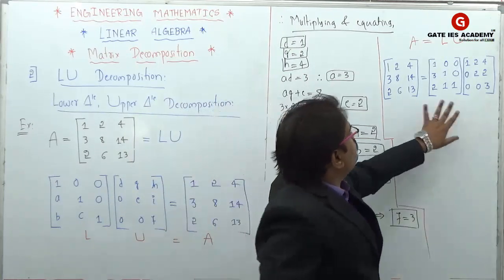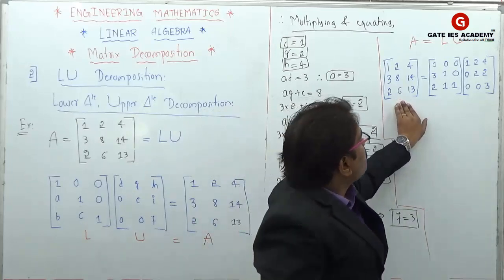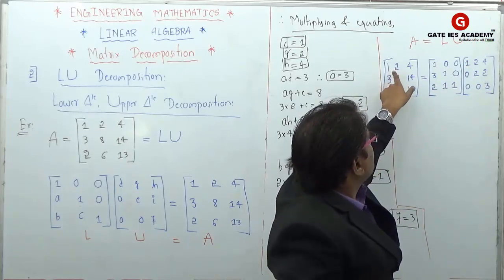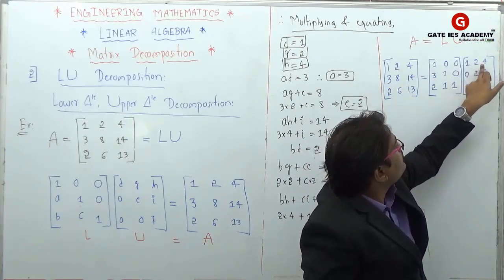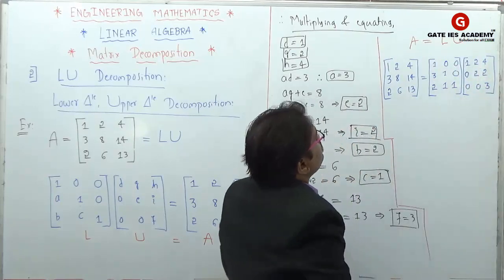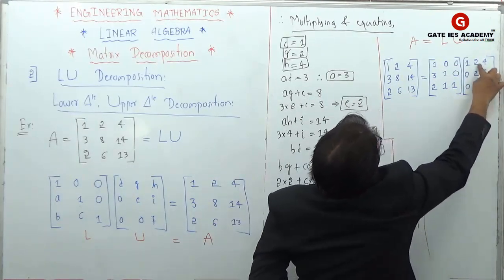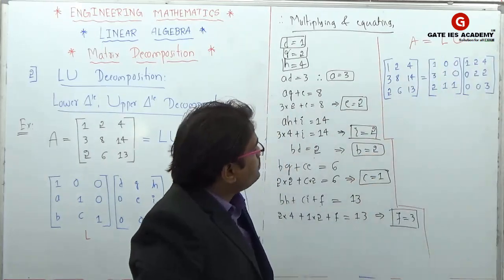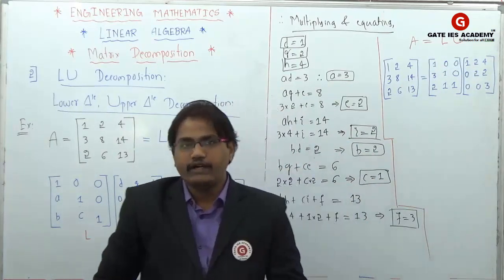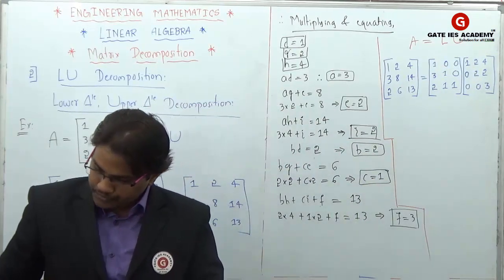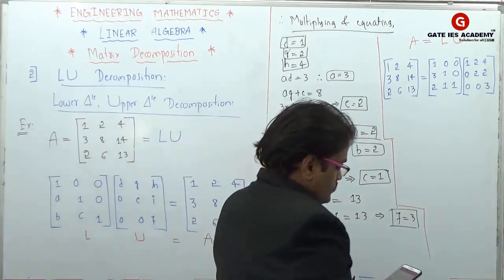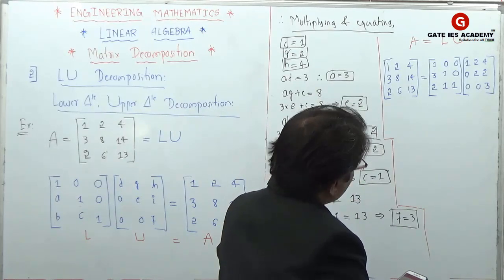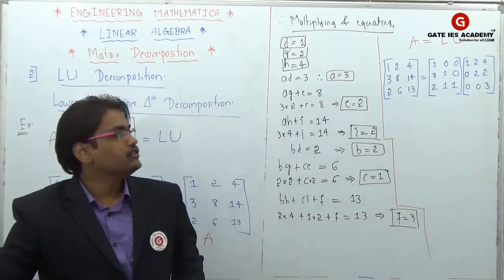Now if you multiply these two, you should get this matrix back. For example, 1, 0, 0 and 1, 0, 0 multiply, you will get 1. Then 1, 2, 4. Second row, second column, again 1, 0, 0 will give me 2 only. Again 1, 0, 0 will give me 4. Right? So like this you can find the LU decomposition. 1, 3, 2, 0, 1, 1 and 0, 0, 1, 2, 4, 0, 2, 2 and 0, 0, 3. Yes, this is right.